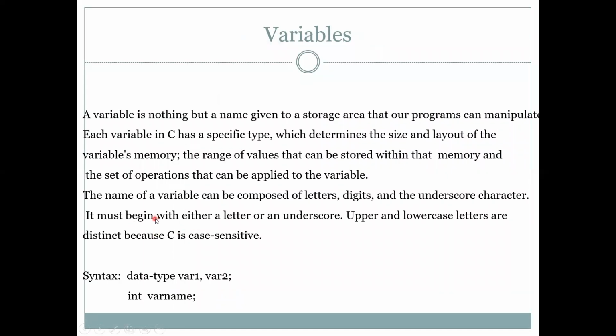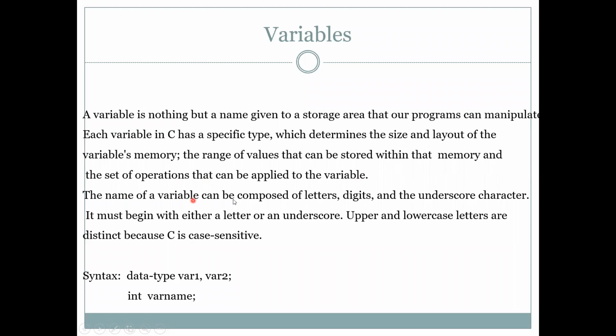And next is the most important topic, variables. Okay, so a variable is nothing but a name given to a storage area that our program can manipulate. Each variable in C or C++ has a specific type which determines the size and the layout of the variable memory, the range of values that can be stored within that memory, and the set of operations that can be applied to the variable.